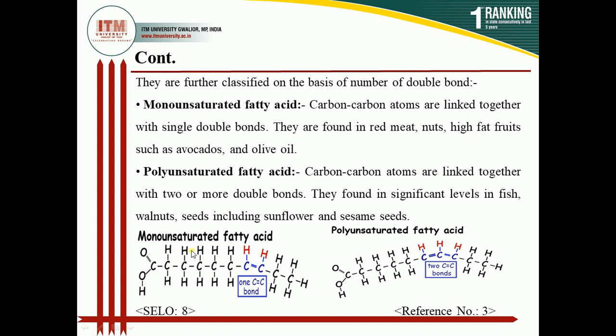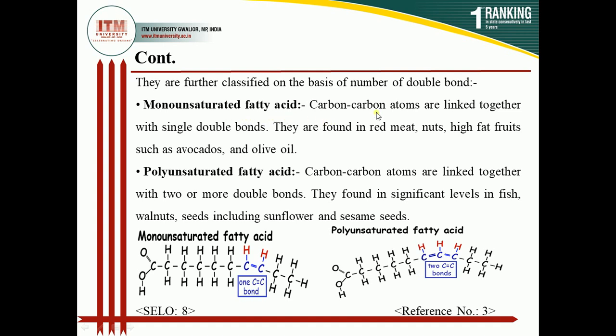The unsaturated fatty acids are further classified on the basis of the double bond. Like we can see here in the monounsaturated fatty acid, in the whole chain there is only one carbon double bond carbon. We can see here only a single double bond, and in the polyunsaturated fatty acid, here we can see two double bonds are present between the carbon atoms. So we can define